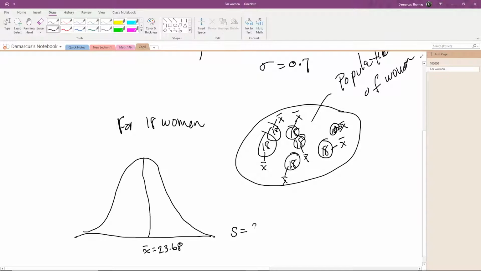The deviation will actually be 0.7 divided by the square root of 18. So it's going to be a little bit more narrow. But now I can answer the question, and the question is,